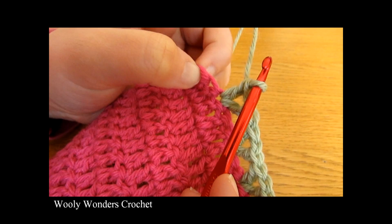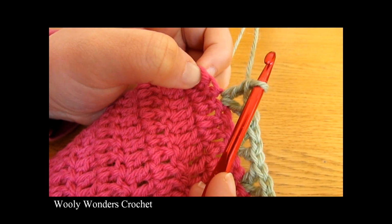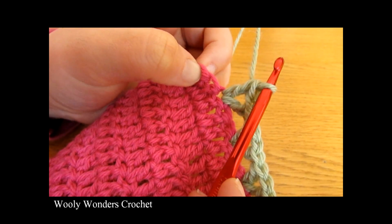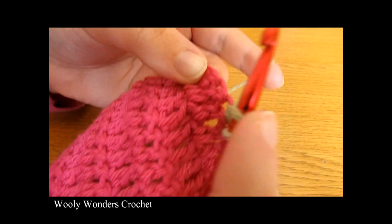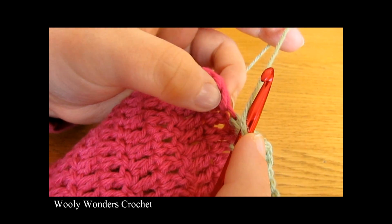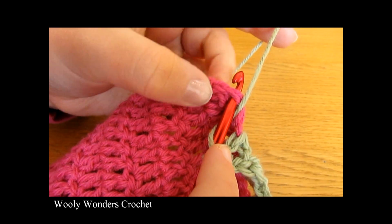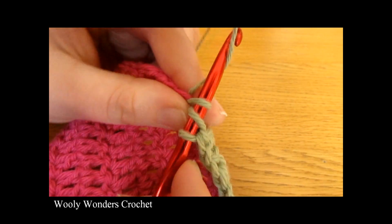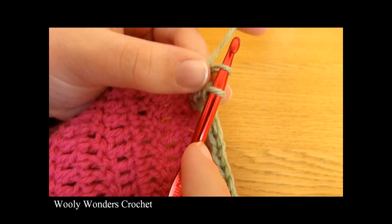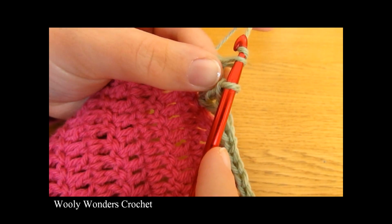So we are going to change colours at the end of this round, just like we did before, so that we have our new colour ready to use in the next round. So work 1 last double crochet into this last stitch. So we're skipping the second to last one, and into the last stitch at the end here, work 1 double crochet, but then right before the very last step,